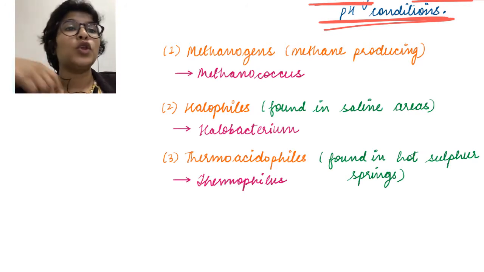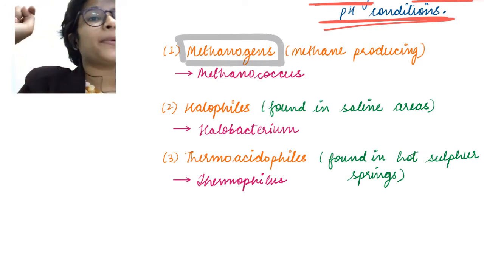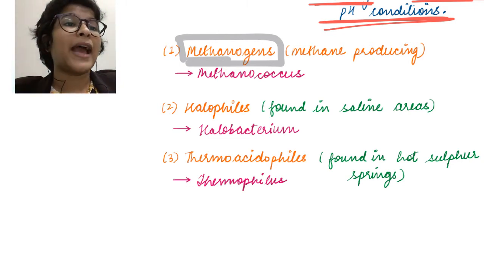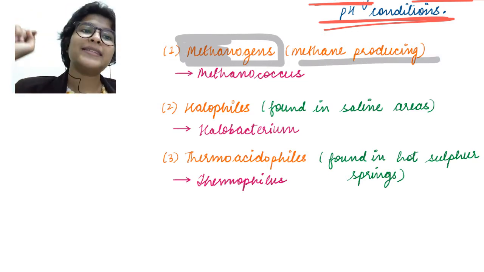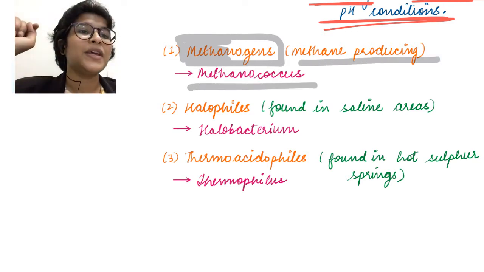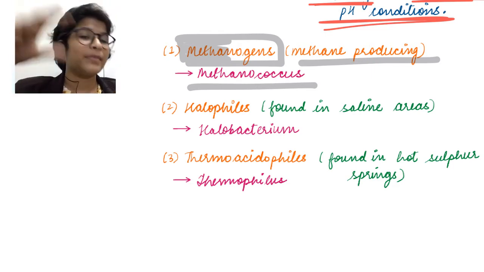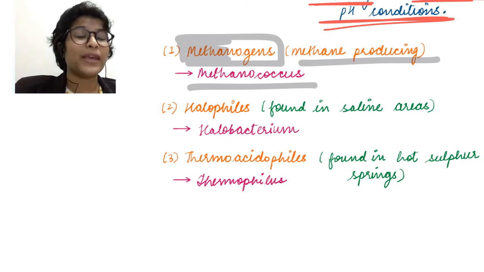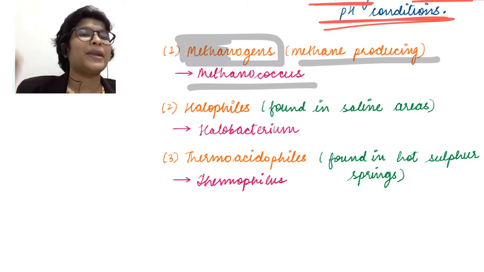ठीक है, तो कौन से हैं? First is methanogens. नेम से क्या पता चलता है कि मिथेनोजेंस यानी मीथेन बनाते हैं ये लोग. ठीक है, सो दीज आर मीथेन प्रोड्यूसिंग बैक्टीरिया. एग्जाम्पल मिथेनोकॉकस. So basically they reduce CO2 or they perform a chemical reaction such a way that methane is produced, and the energy of the chemical reaction is used for their metabolism.